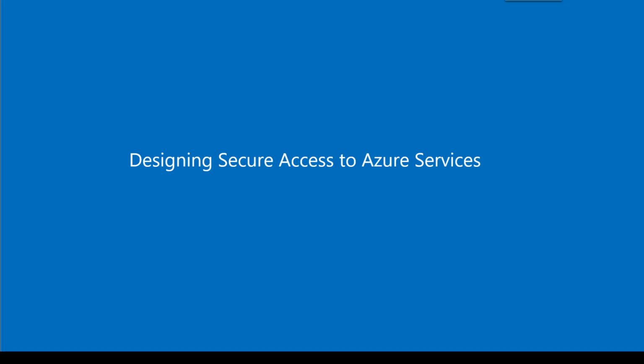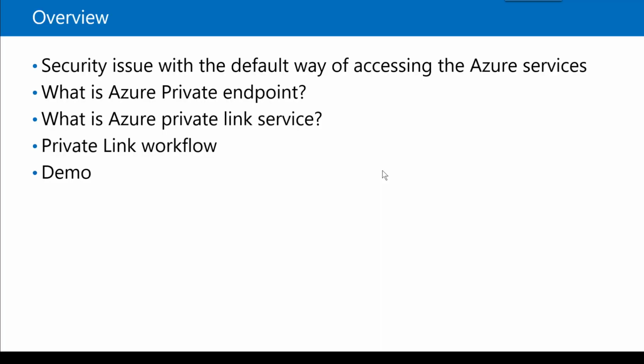Today, we are going to learn how do we design secure access to the Azure services. So let's get started. This is the agenda item. First, we will understand what are the security concerns when any Azure service is accessed by default. Then we will learn about two key concepts, Azure Private Endpoint and Azure Private Link services. And finally, we will understand the private link workflow, and then we will go through a demo to